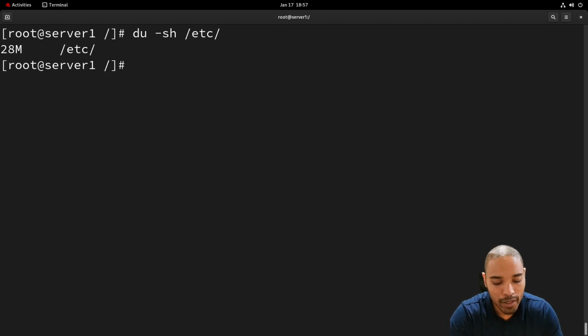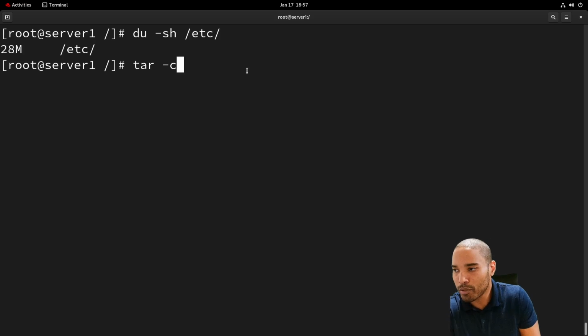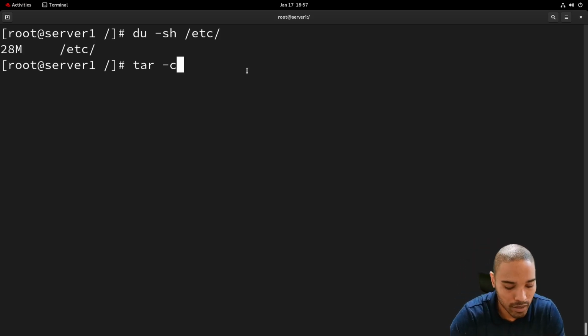Now the first thing we're going to do is tar like this, and then our options, so cvf. We're missing our option for the compression part, right? So that is going to be, where is that? I have it here on the page. For the gzip option, it's going to be the z option like this. So z, verbose, file, and then we got to name it. So we're going to call it